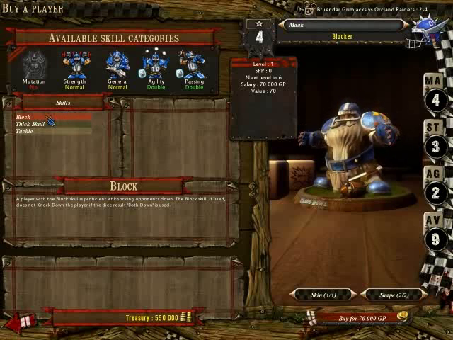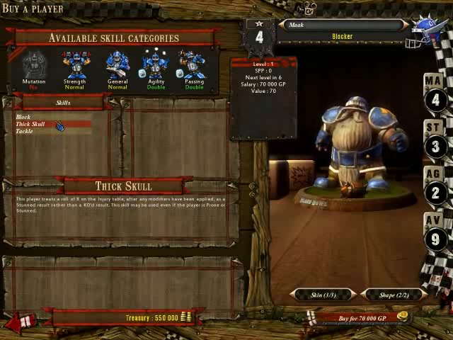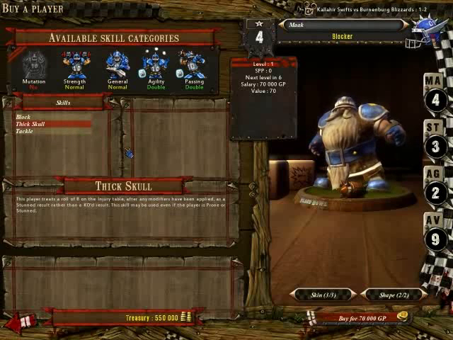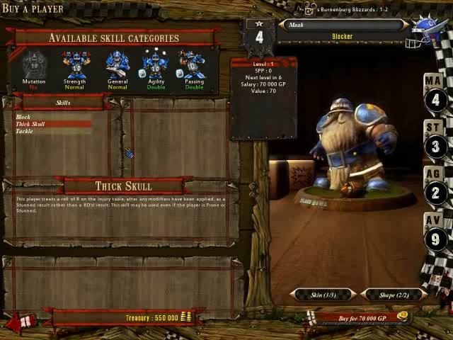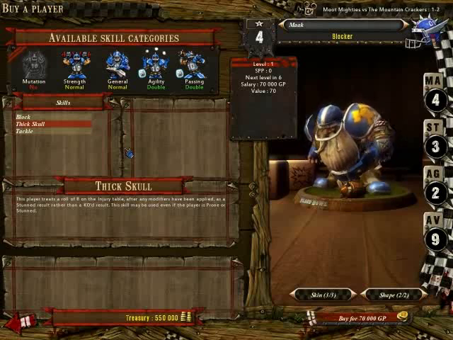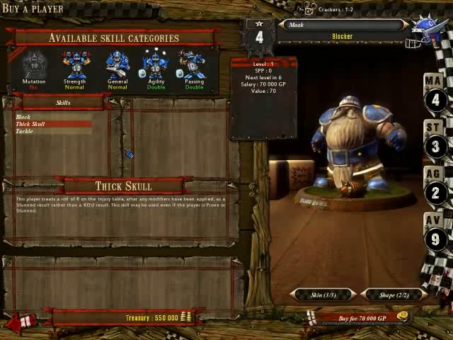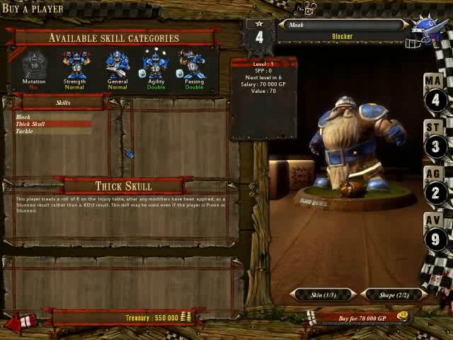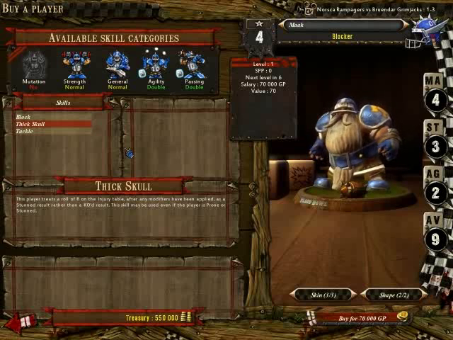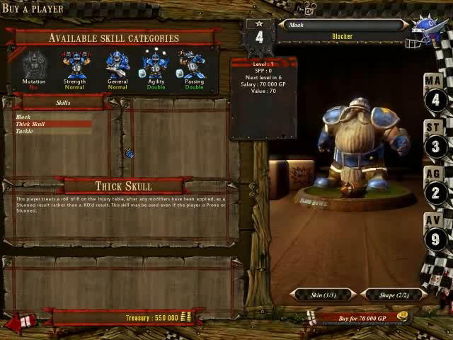But what makes them great is that they come with the block skill and the tackle skill, plus the thick skull. This means that when they try to block an elf or a goblin, a halfling, or anyone with the skill dodge, it will counteract the skill dodge and they will go to the ground. So when you roll, you'll see that little explosion with the exclamation